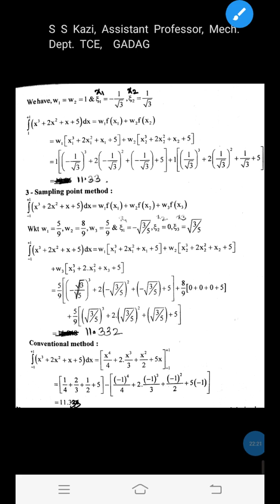You just, my dear students, go through the previous VTU question papers. In previous VTU question papers, evaluation of the integrals was asked using 1-point, 2-point and 3-point methods. You solve and let me know any doubts so that I can clear them and so that I can improve my teaching and I can improve my learning.